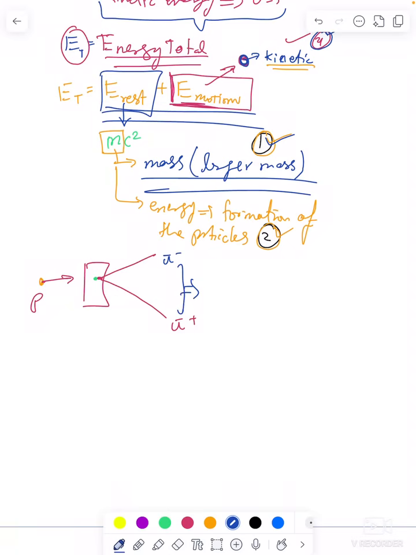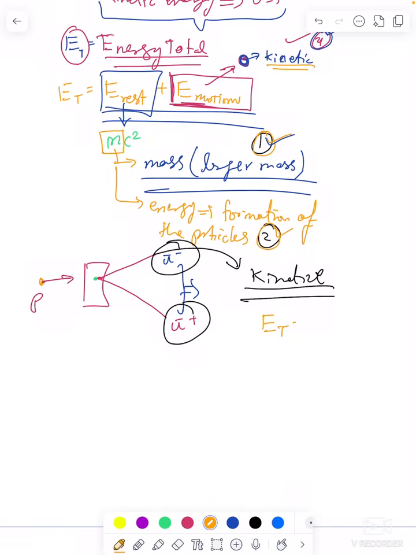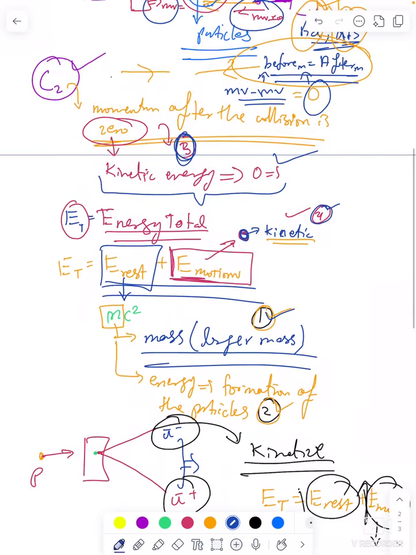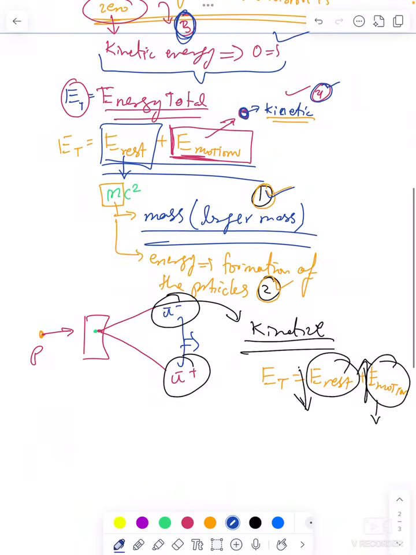So it's just an example. In this one, these particles are moving with certain kinetic energy. Now, since they're moving with kinetic energy, the total energy is rest energy plus motion energy, not mass, in energy. That means this is some value. Now, since motion has some value, this value over here must be less. Now when we compare it to two particles colliding with each other, this mass, so we can say energy